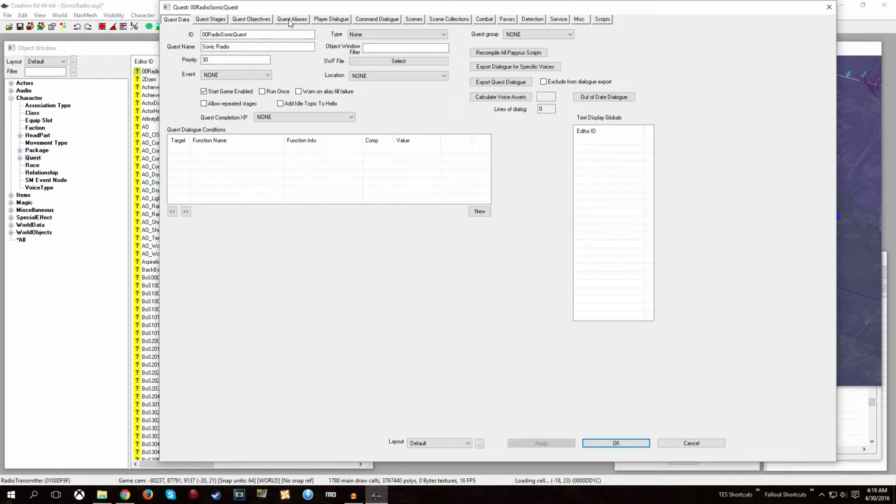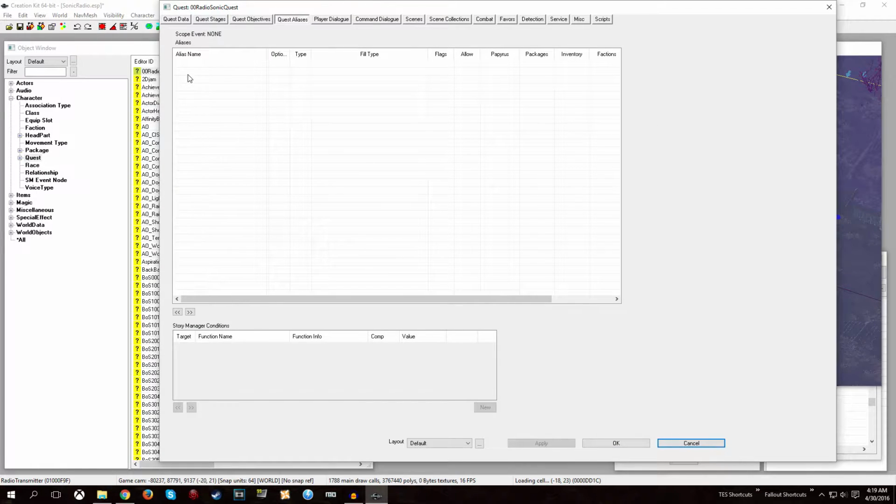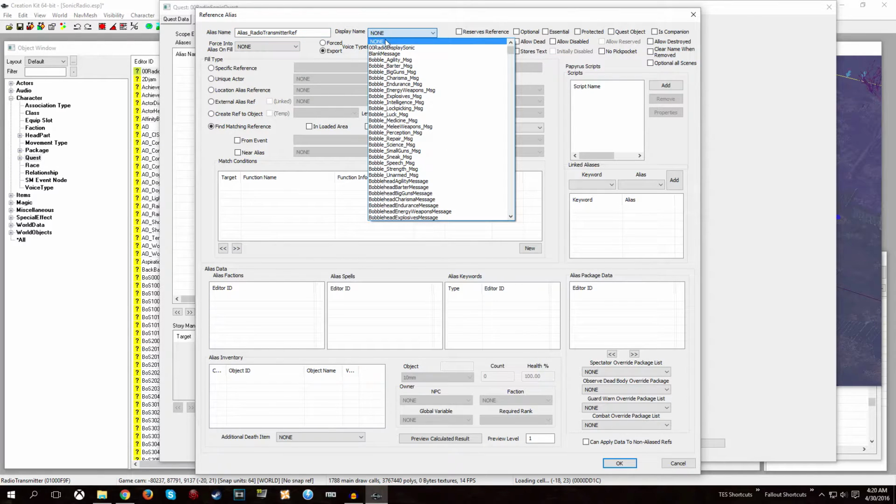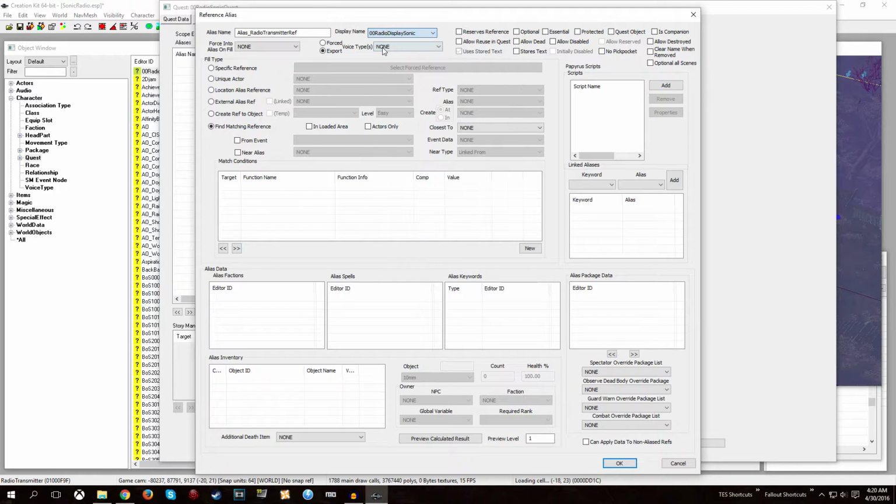Ignore quest stages and quest objectives and go straight to quest aliases. Right click in quest aliases and select new reference alias and give the alias a name. I usually prefix alias with alias underscore. That's not really what I notice that anybody else does, but I prefer to do it this way. So Alias_radio transmitter ref. And display name, this is important, you're going to want to select the message that you created earlier, 00 radio display sonic for me,